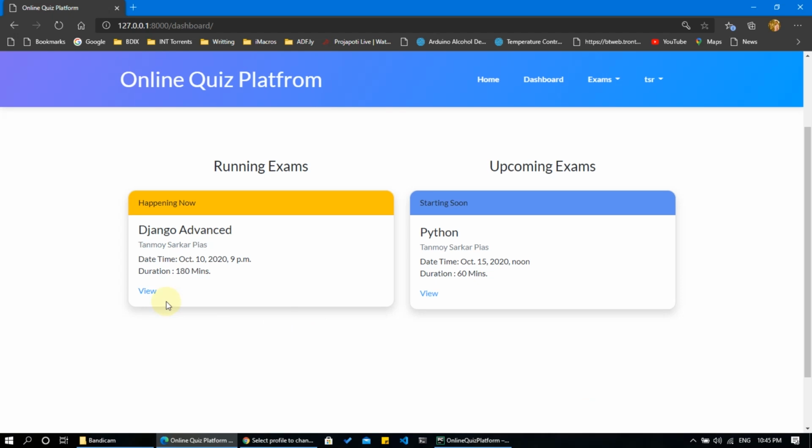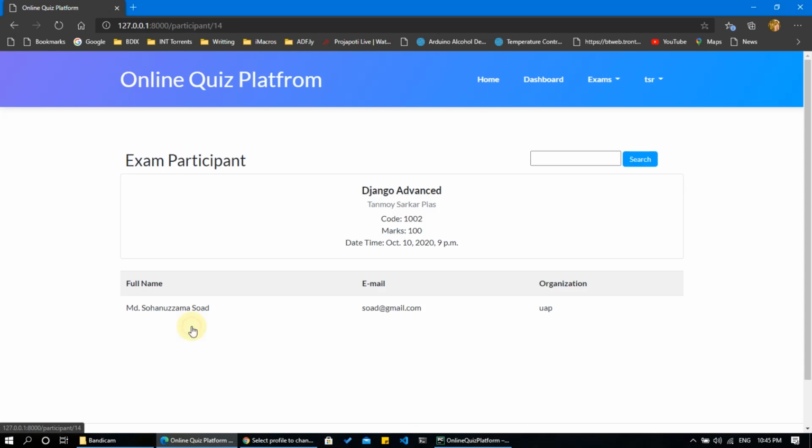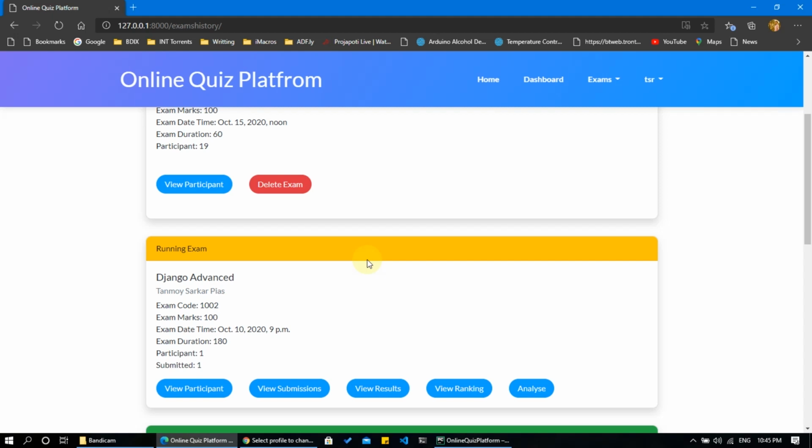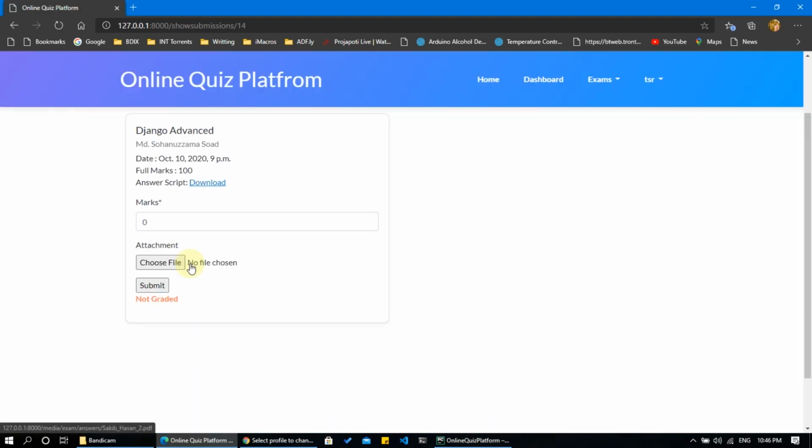So after a participant completes her submission, the submission can be viewed by the examiner. So view participant, here is the participant name, and in exam history the examiner can view the submission, here is the submission, and give marks.